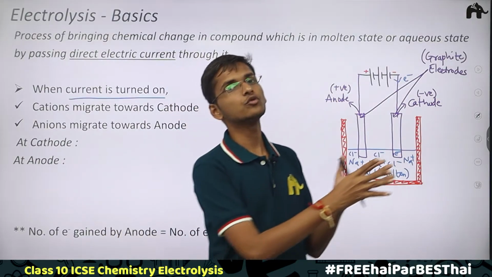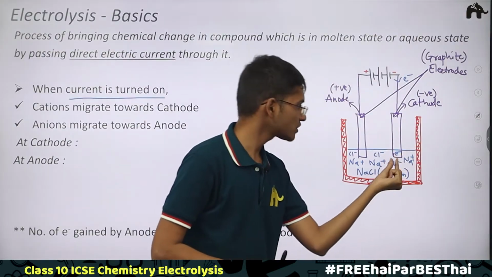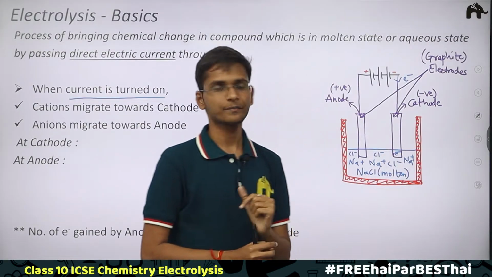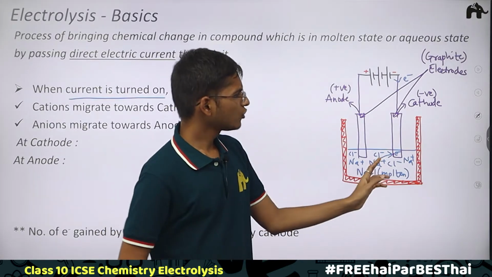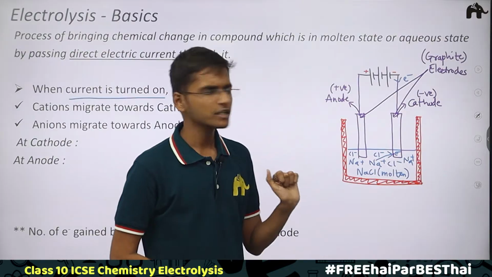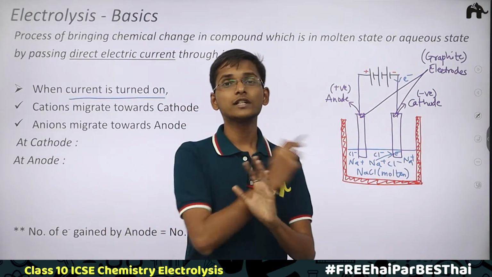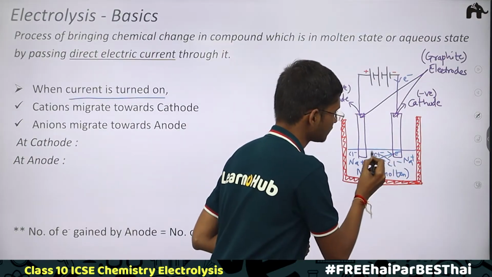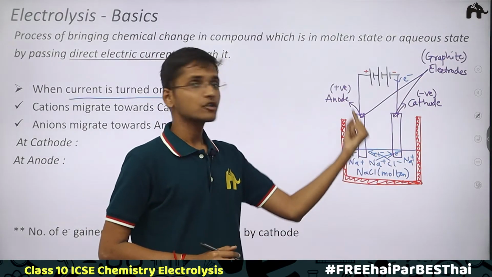It would start to move towards this negatively charged electrode, which means cathode, because of this negatively charged electron. In the same way, chloride ions would also think that this electrode is a positively charged electrode, a positive electrode. So I would also go towards the oppositely charged electrode. Why should I sit quiet? So it also starts to move towards the positively charged electrode, which means